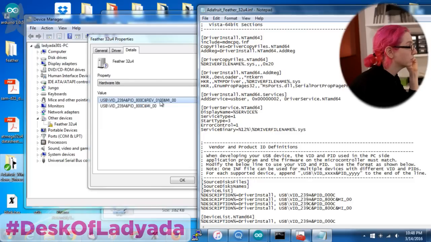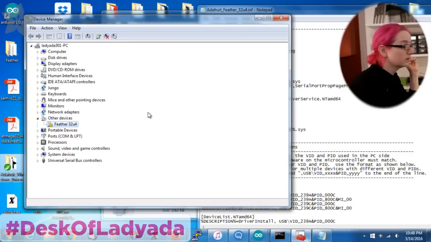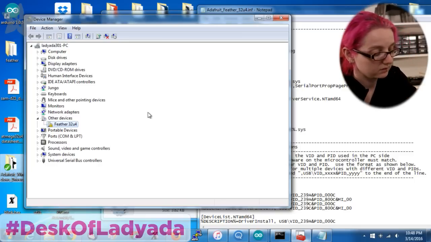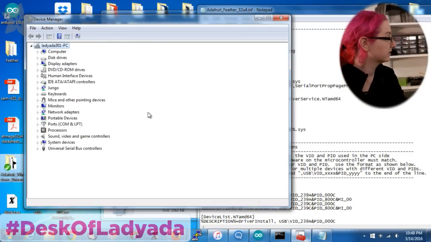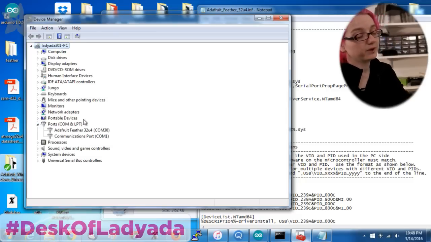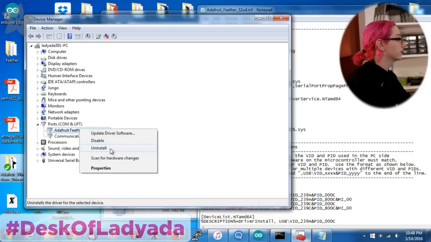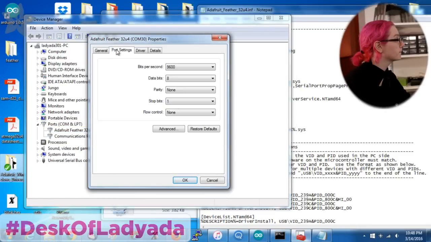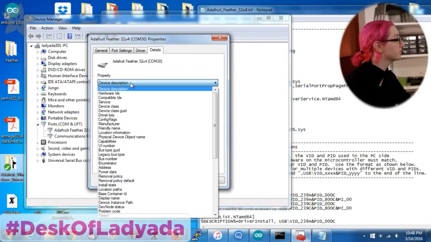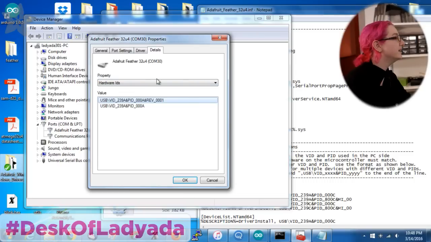Because it's really unusual. Usually it installs. Let me try another one. This is not an original Feather. Okay, my other Feather works. Whatever. That one I just went through a testing run, so I could have installed the bootloader wrong or something. There's a suggestion: you can go back to the error in the general tab too. Might be hardware not responding. Yeah, I don't know. Oh, you know what? I have the wrong